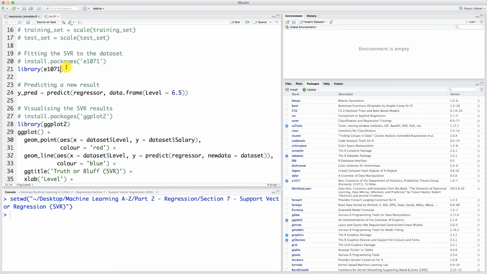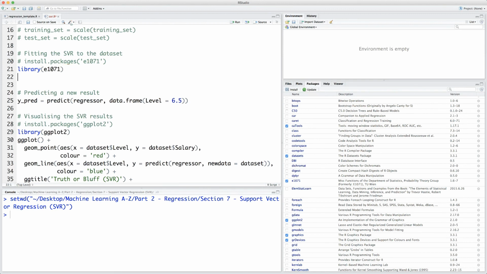But by including that in your script, you will be all fine. This will always be selected. Okay? And now let's start creating our SVR regressor. So as usual, we're going to start by defining our regressor